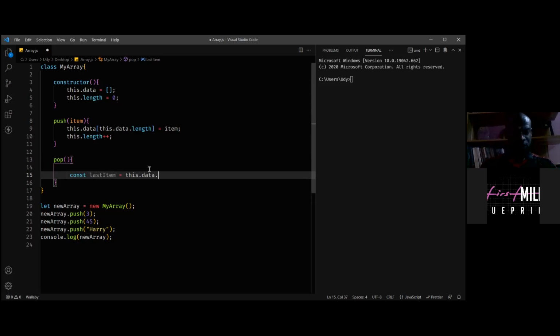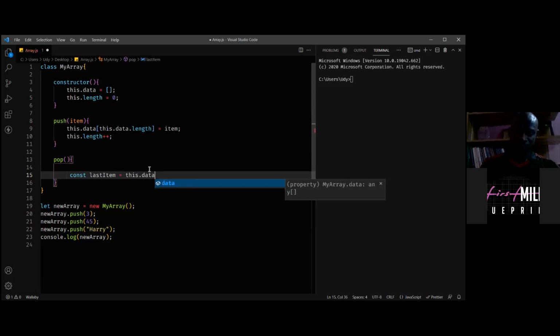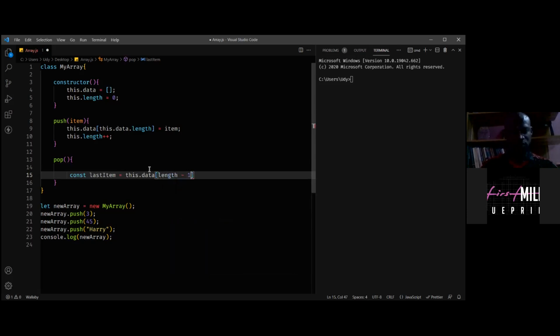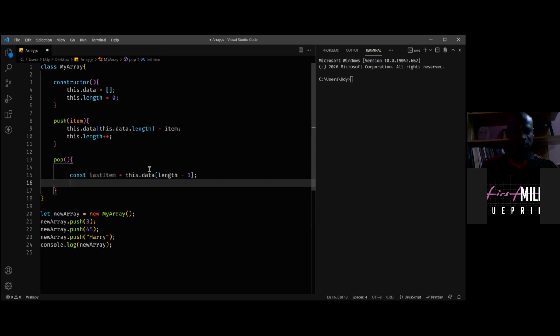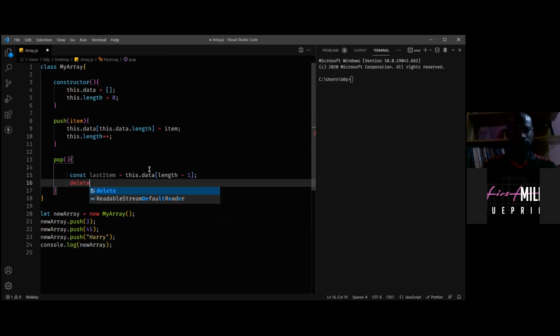So in order to grab the last item is going to be this data, length -1. Right? Okay. So once you have grabbed it, you can now use the delete keyword to delete the last item in the array.